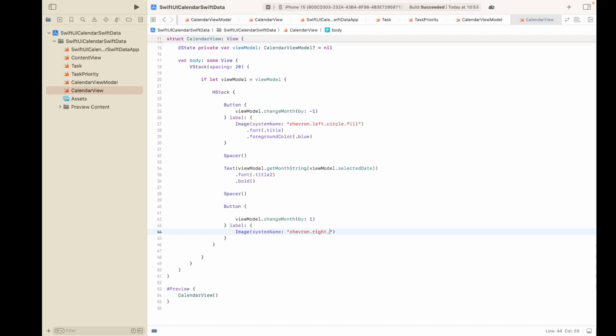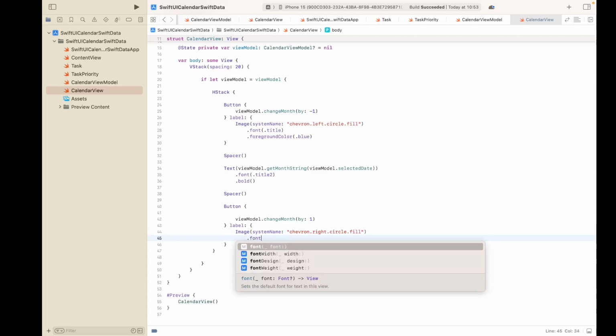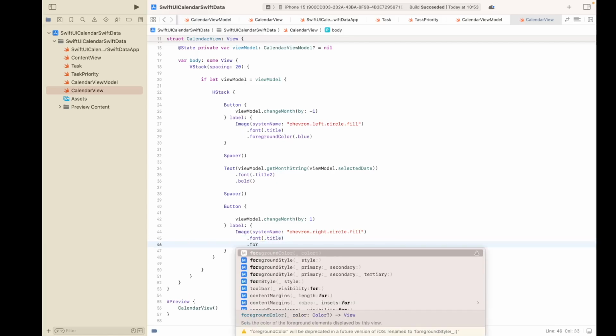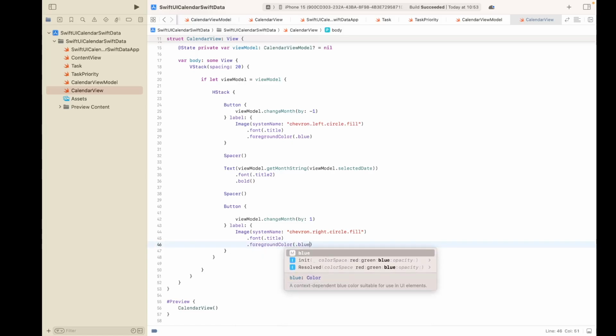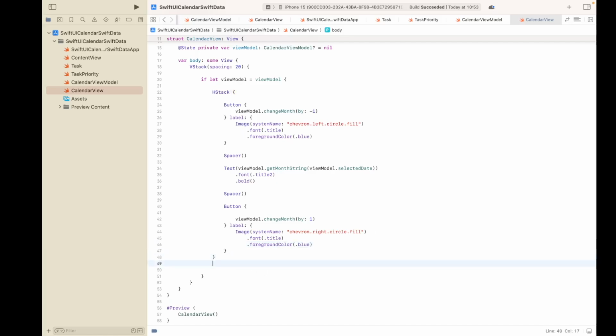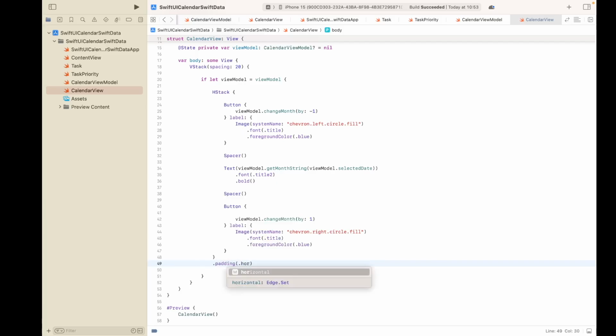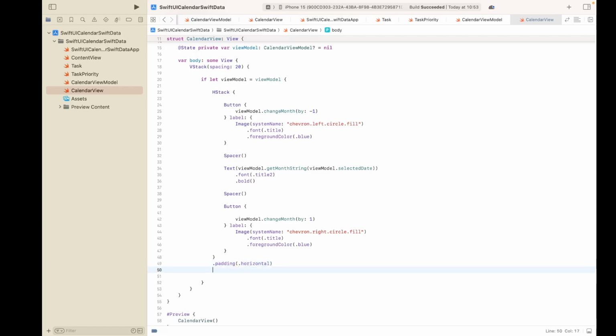Chevron.right.circle.fill for the system image. Font title, foreground color blue. Add some padding, horizontal, and then we create our other button